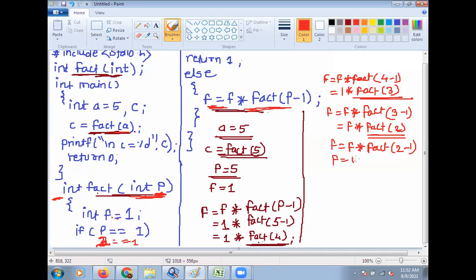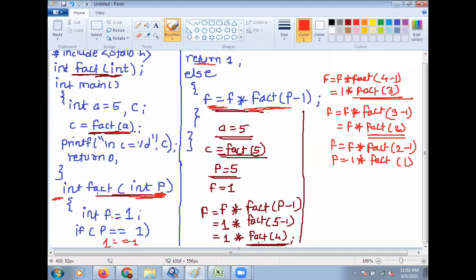So f is equal to 1 into fact 1. Then go to the definition of the fact function again. So here p is equal to 1, then f is equal to 1, and check p is equal to 1, that is 1 is equal to 1. Yes, this becomes true. Then return 1.